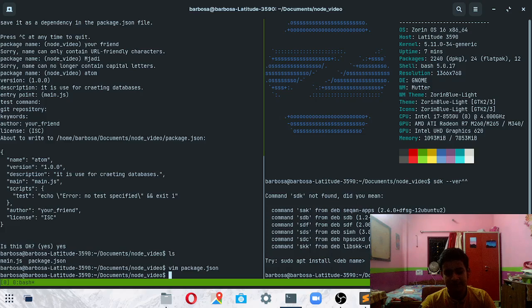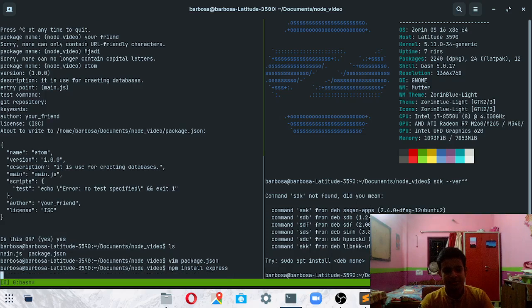Now we will see basically what Node modules are. Here we created this package.json, which is here for the modules, and now we are installing. If we use any module, like I use Express for creating the backend, and you can also create APIs for connecting the front end and backend. For front end you can use React, and for backend you can use Express. Just type in, just enter, and it will do the needful.